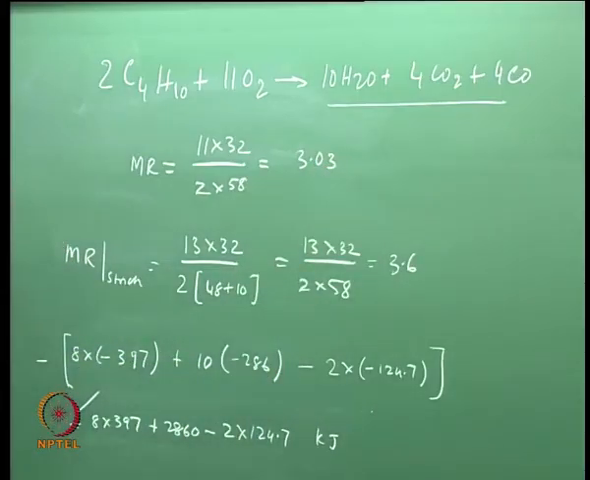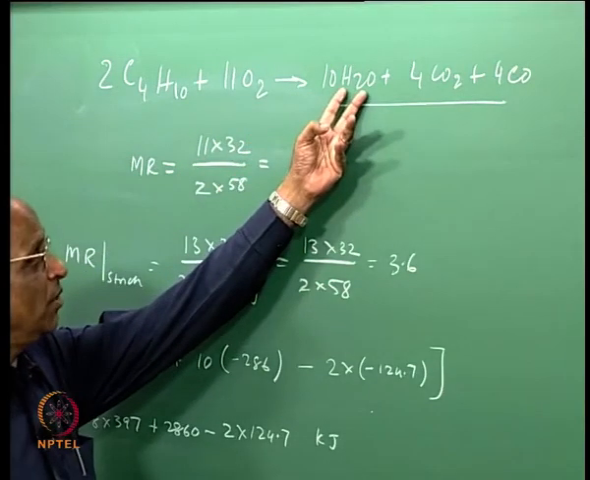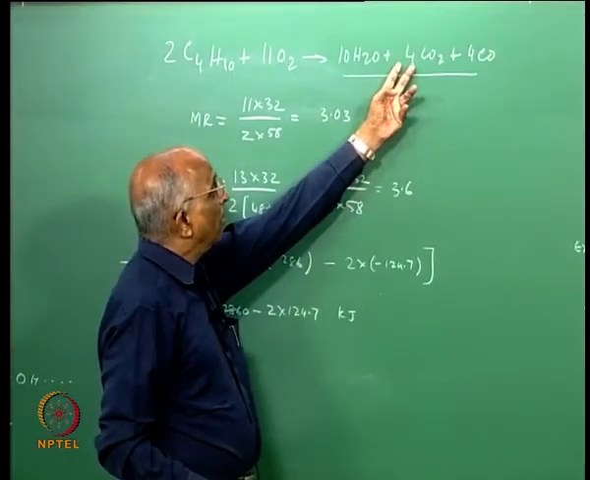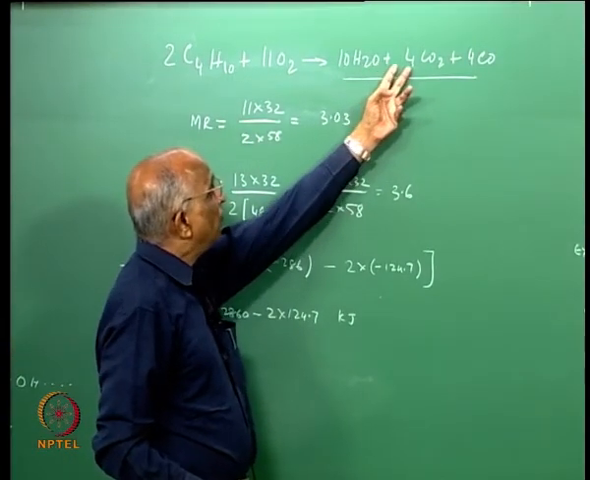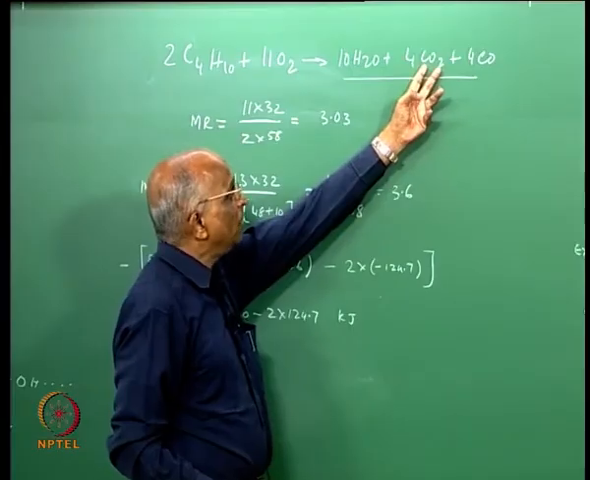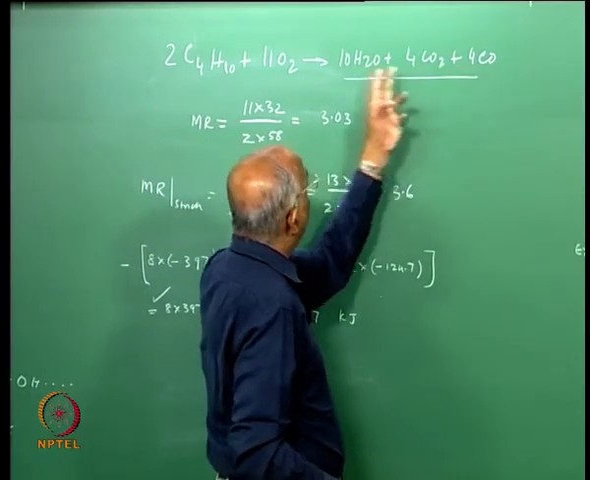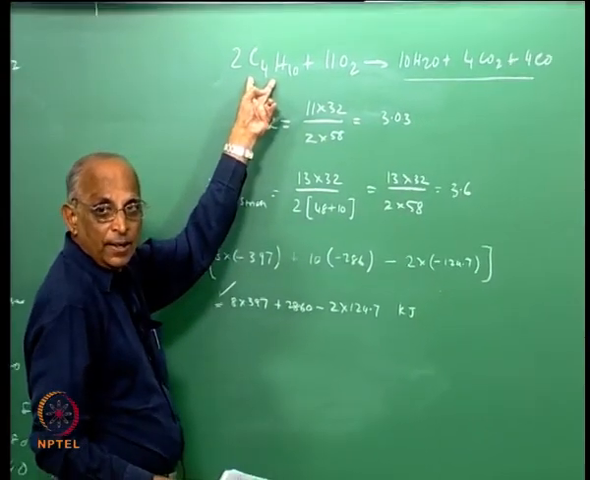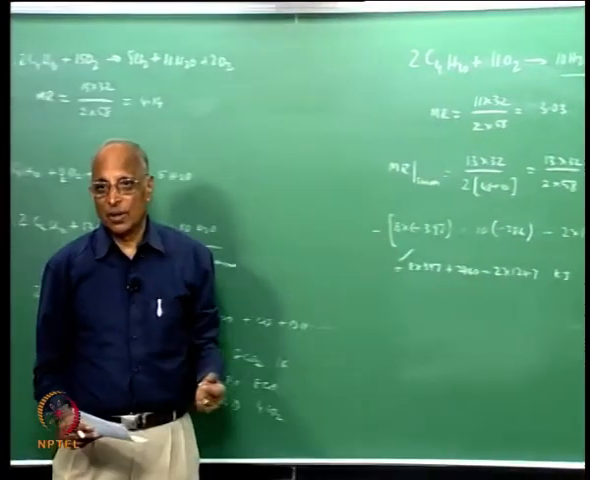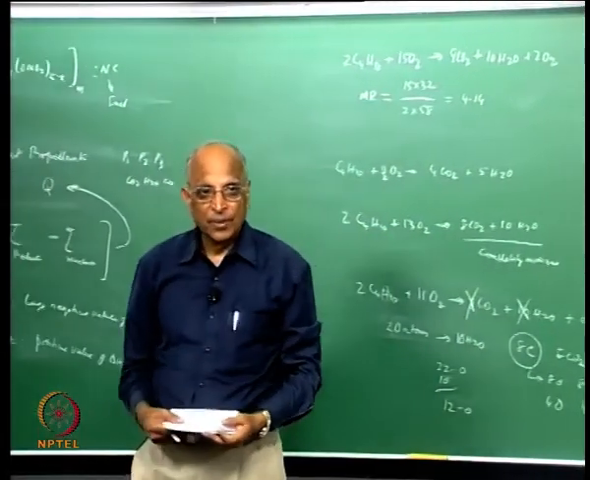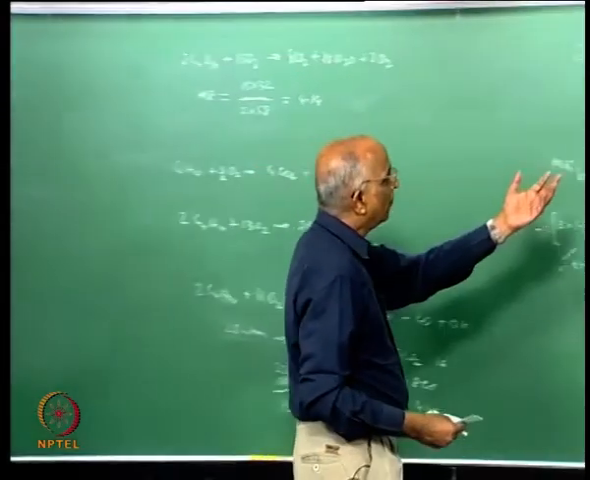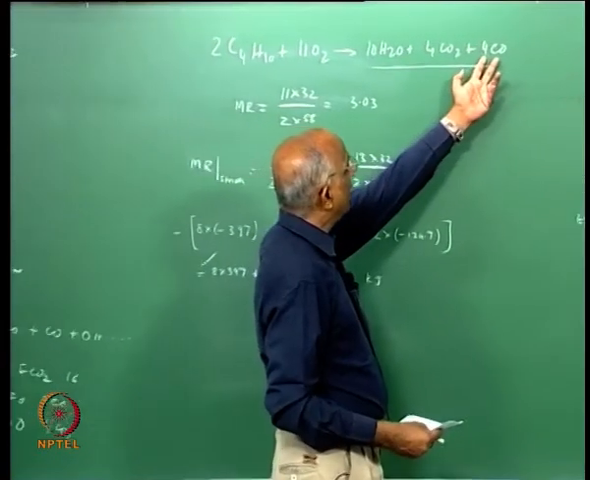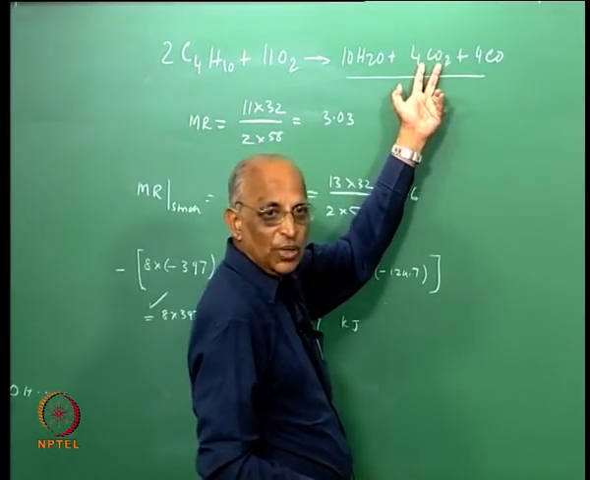And what is the heat liberated in this reaction? The heat liberated in this reaction is minus of 10 into the heat of formation of H2O, plus 4 into this, this is a minus value, and minus of the total thing minus the heat coming over here. And is it going to be higher or lower compared to stoichiometry? It will be lower because CO has a value which is minus 110, CO2 has a higher value minus 297,